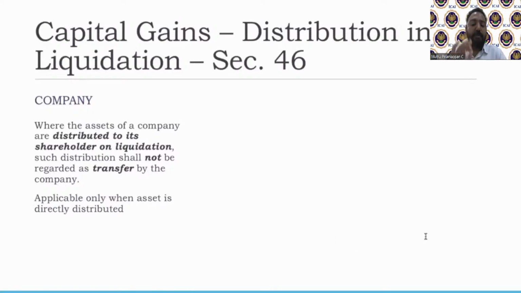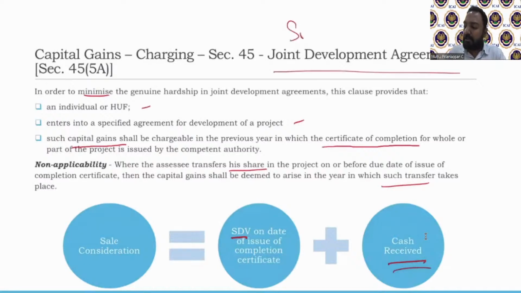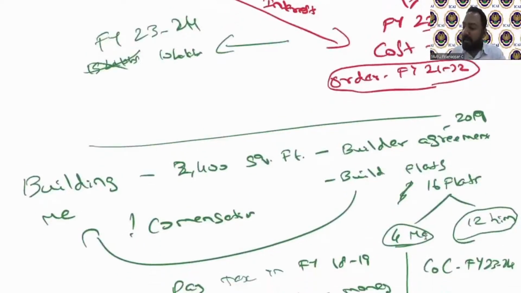Vedandora, I have not left out specified agreement. The concept of joint development agreement is the specified agreement. For whoever is reading the words in the material, joint development agreement is called a specified agreement. Now, what is that specified agreement? I already explained, but I'll explain again. I told you through this diagram, right? As a landowner, I enter an agreement with a builder. So me entering into an agreement with the builder is called a specified agreement.